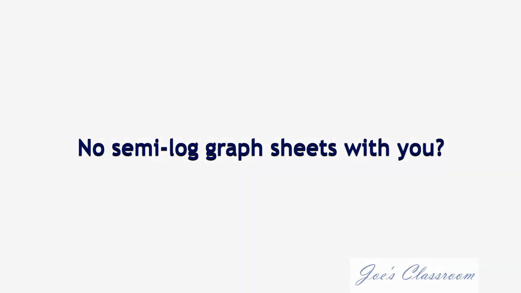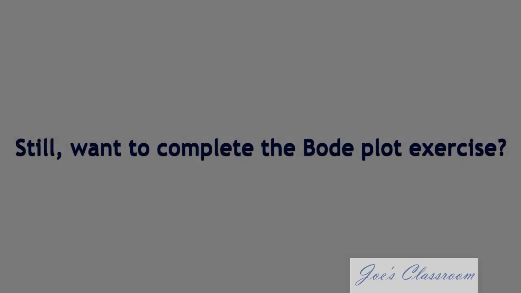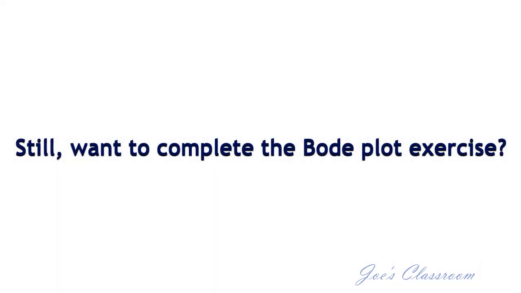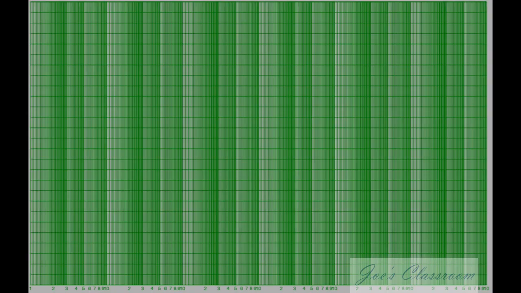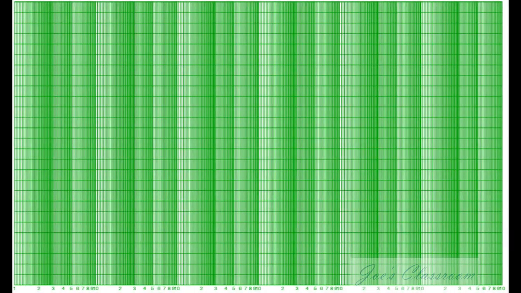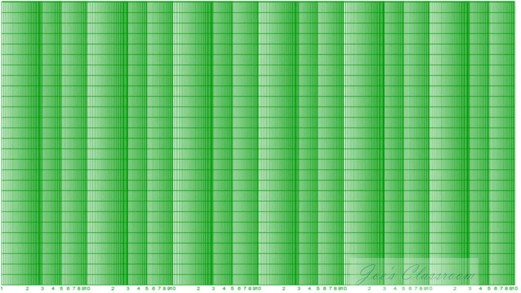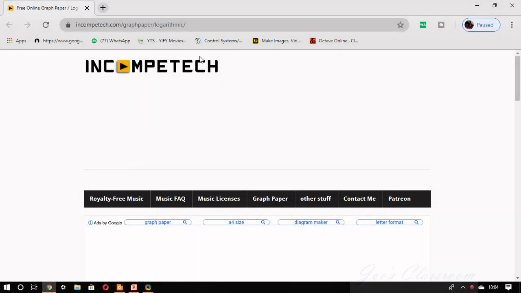Have you ever wondered how you can work out a Bode plot exercise without having a physical semi-log graph sheet with you? Here is the solution. This video explains how you can use a soft semi-log graph to sketch the Bode plot of the given transfer function. For this, I use the website